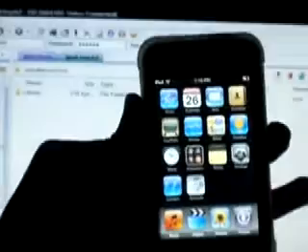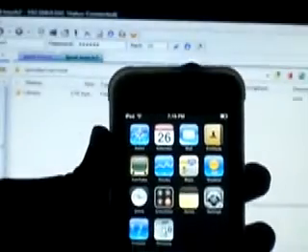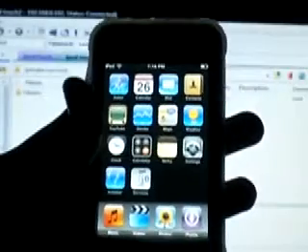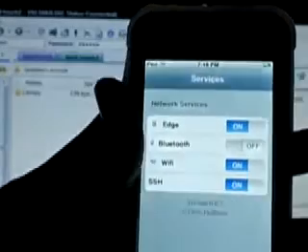So there you go. That's how you can access your iPod Touch with CuteFTP Pro. It's pretty simple, as you saw. If you get any problems, just make sure your iPod is connected to Wi-Fi. First of all, make sure that your iPod is not asleep while you're trying to connect. Make sure that SSH is on,